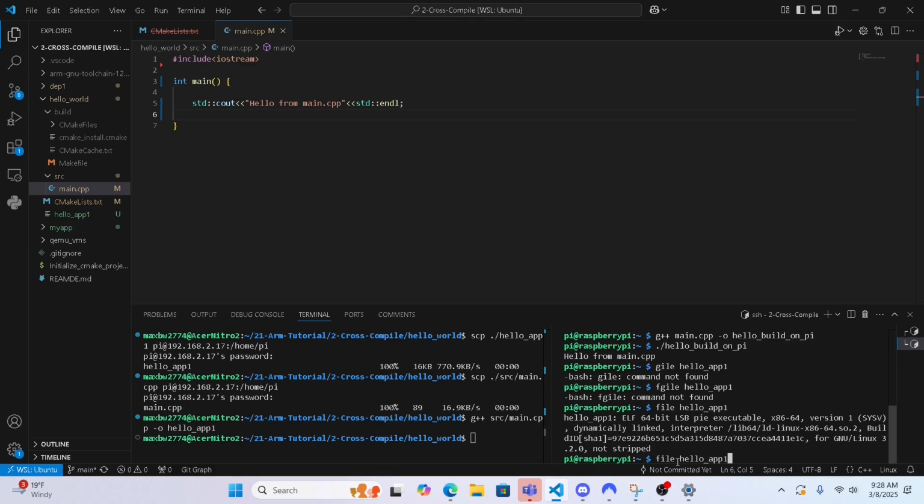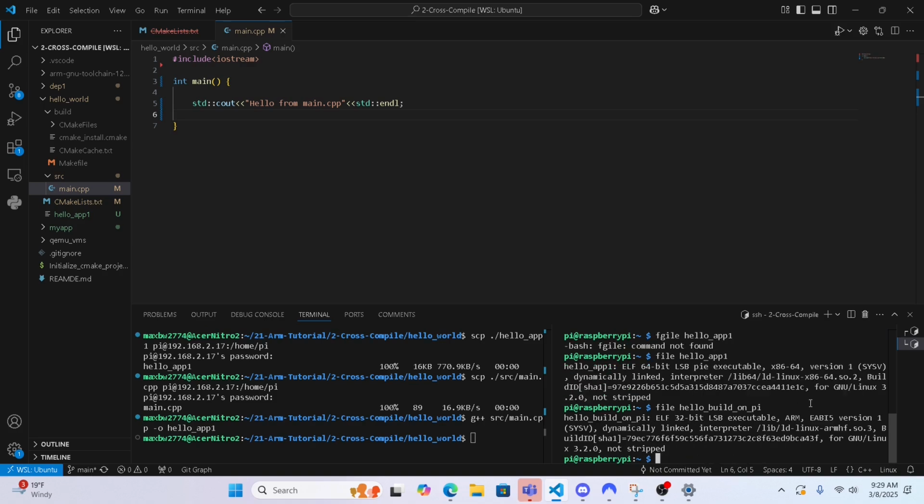And if we do the same for the one that we just built, it was compiled for ARM. So that's kind of the fundamental problem, is that we may not be able to build right on our Raspberry Pi, but